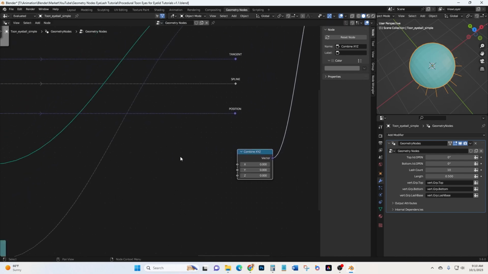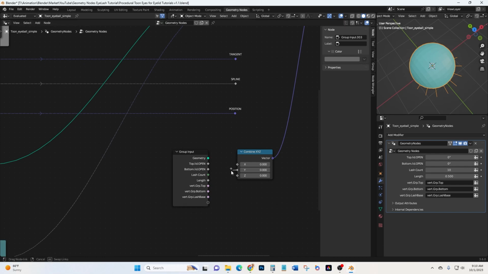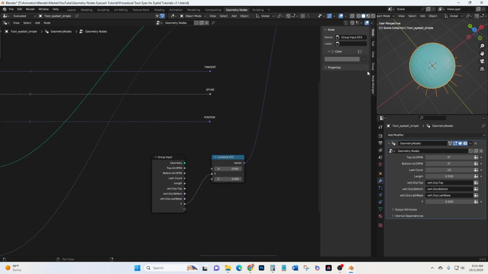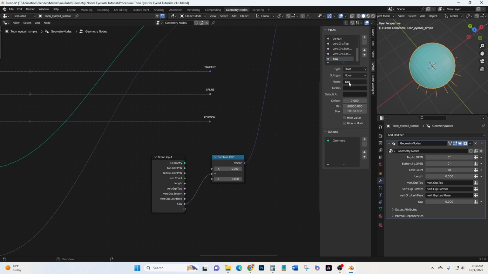Then for the combine XYZ, let's add a group input. And we just want to move the Y. So we'll take the Y input, plug it into the empty socket there, group tab, scroll down till we find the Y, and we'll just turn that Y into yaw. All right,